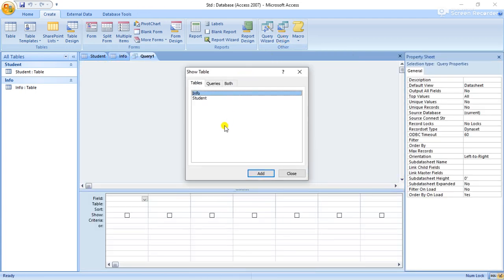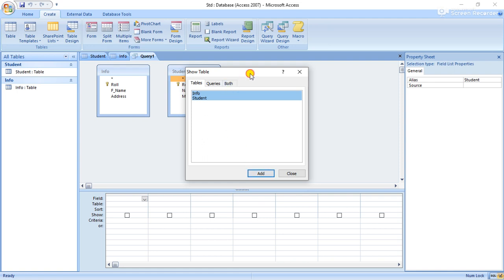After clicking this query design, there are two options. One is info and one is student. We have to select both info and student, and then click on this add button once.